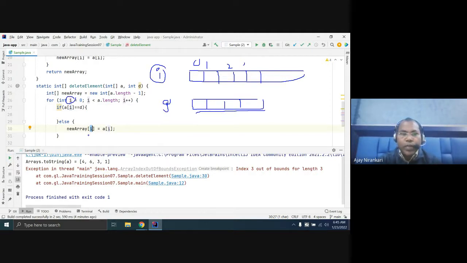Instead of using I and I, which is the problem, whenever this is the 3, this also becomes a 3, but this should be the 2. So whenever we put any value here, make one index variable for the new array and one index for your old array. This way we can solve the problem.